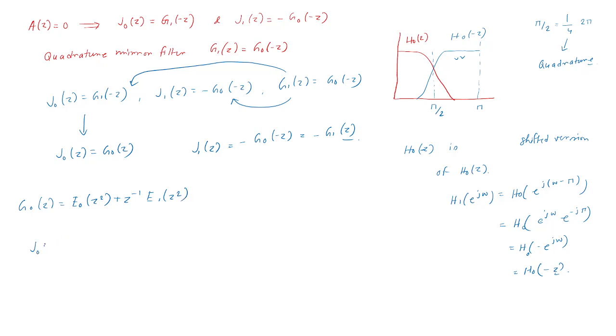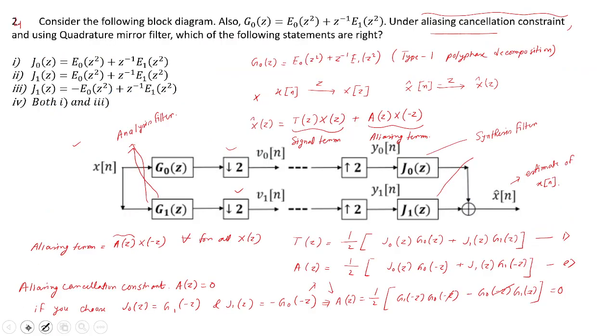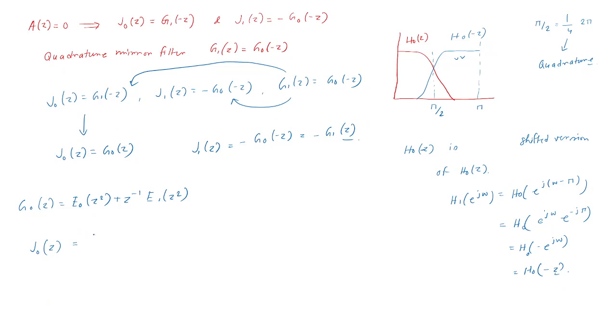Therefore the synthesis filter in the first branch, J0(z), is nothing but E0(z²) plus z^{-1} E1(z²), whereas J1(z), if you put in the expression of G0 here, it's minus E0(z²),